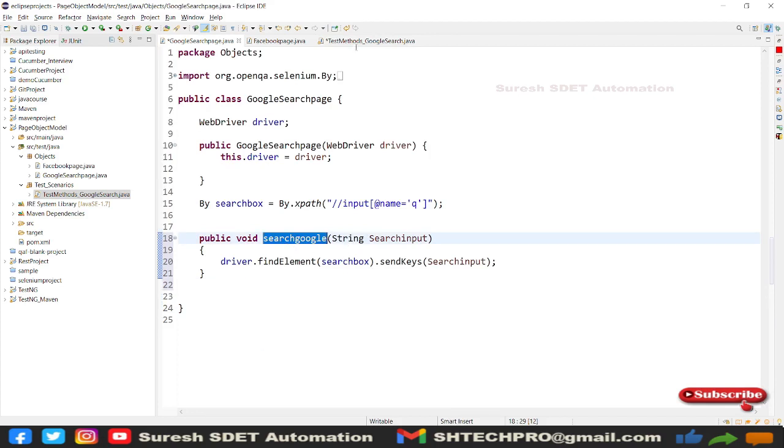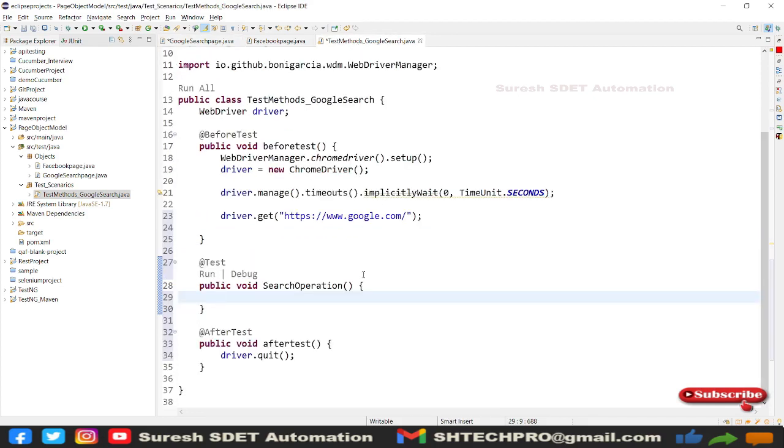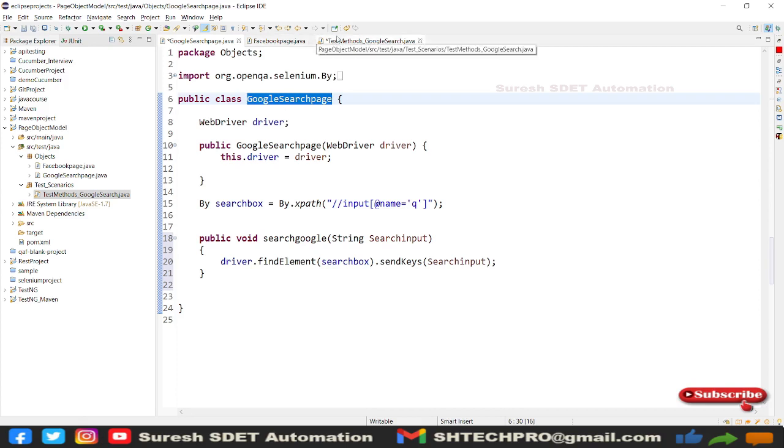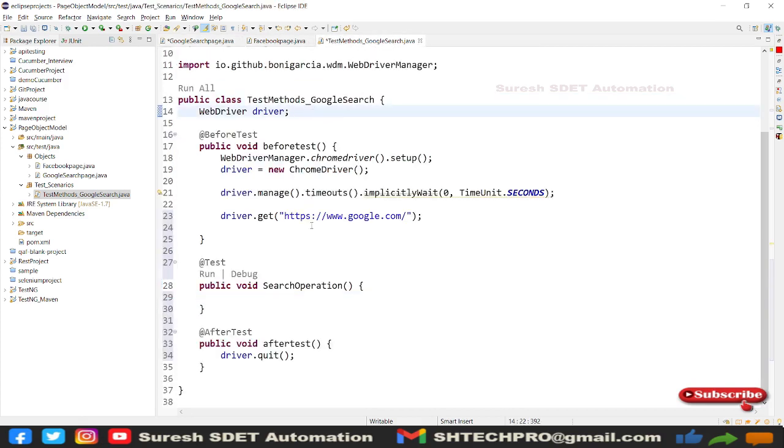We need to call this here, and we need to send some send keys. And to call this, we need to create an object for this class. So as soon as we create an object here, I can create it at method level or global level. So for now I will create a method level page equal to new, right?